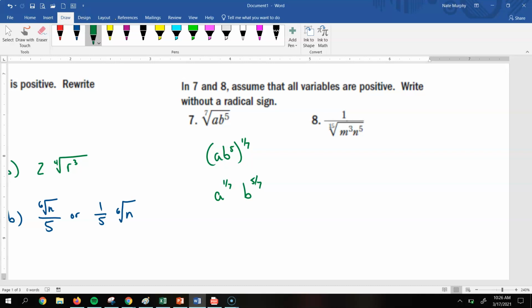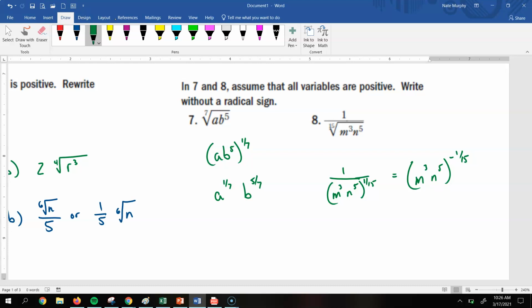For number 8, again, we're going to write it without a radical. So I'm going to look at it this way. So we would have 1 over m cubed n to the 5th, all raised to the 1/15th power. Now, if we don't want to have a fraction, we could say that this would be the same as m cubed n to the 5th to the negative 1/15th power,